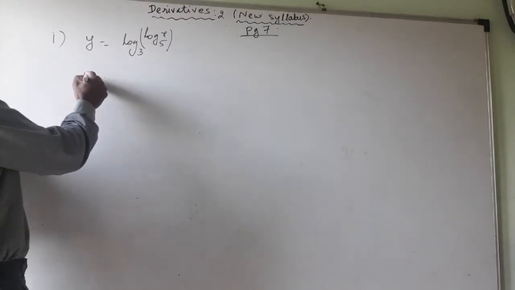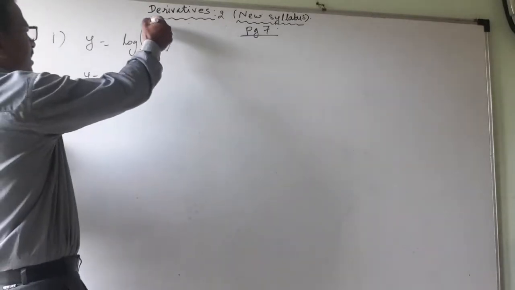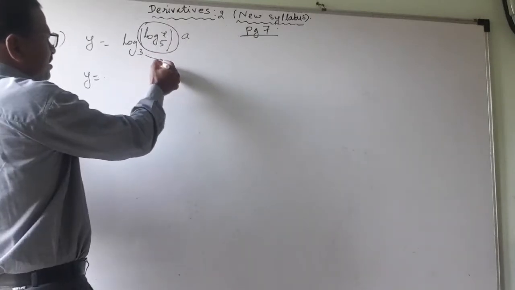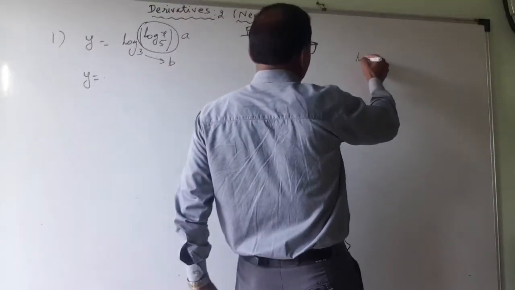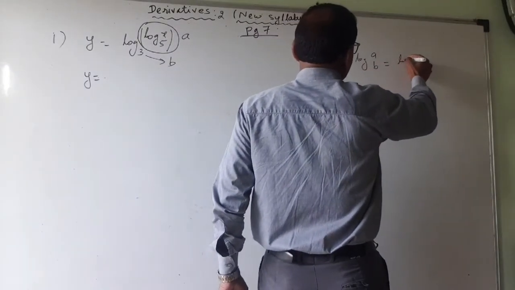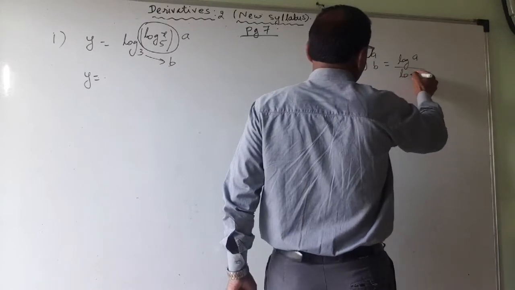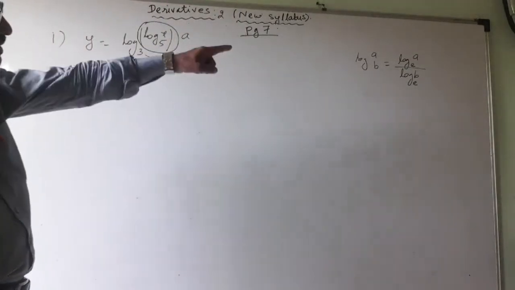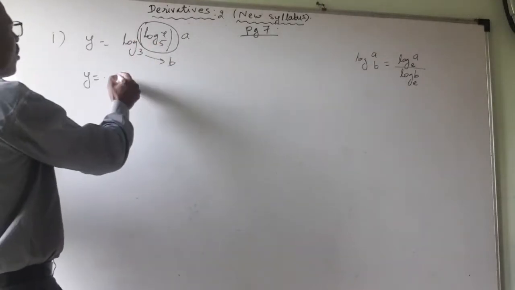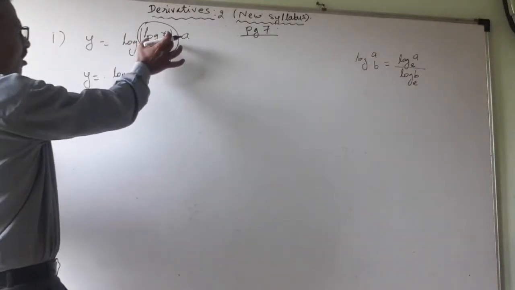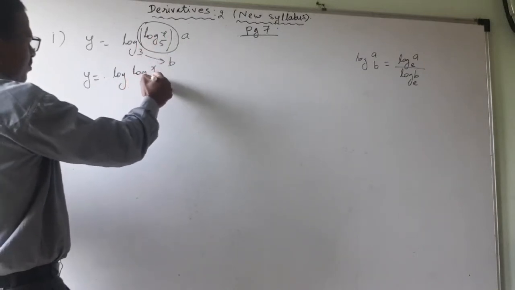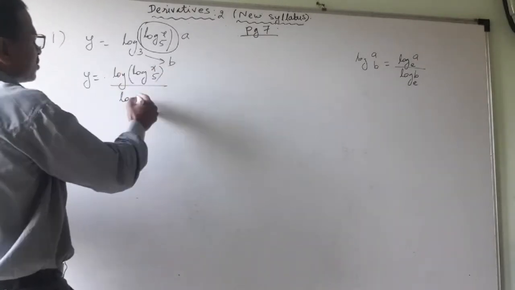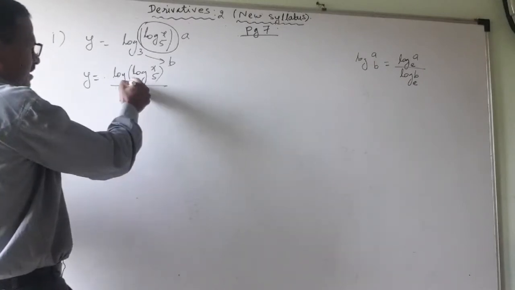So first of all, by textbook way, what they have done, this part is A, and this part is B. Log of A to the base B is equal to log of A upon log of B, and the base we are taking E. You can take anything, but for derivative and integration the base is taken E. That's why I will take E. So log of this, log of x to the base 5, 1 upon log of this 3, and the base is naturally E because we have changed the base.